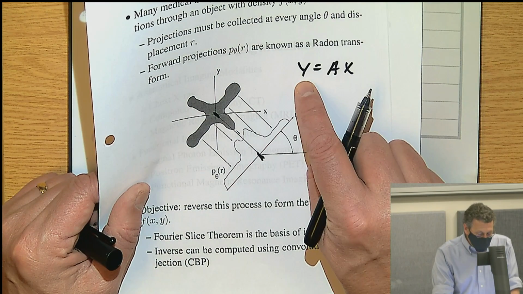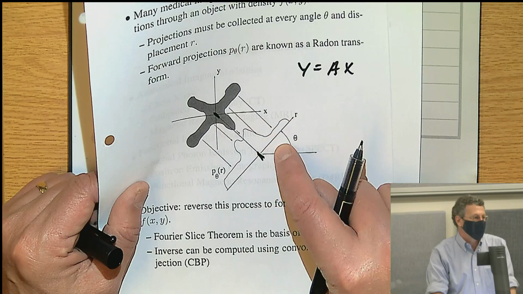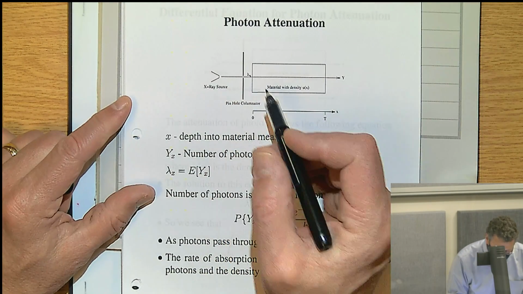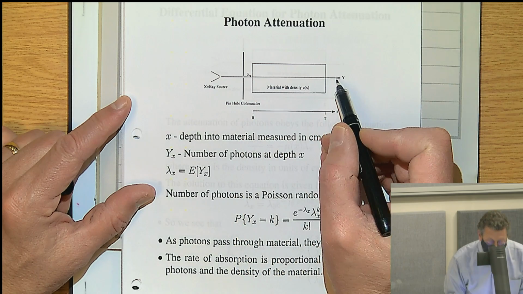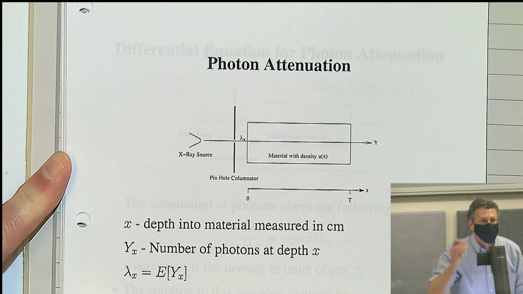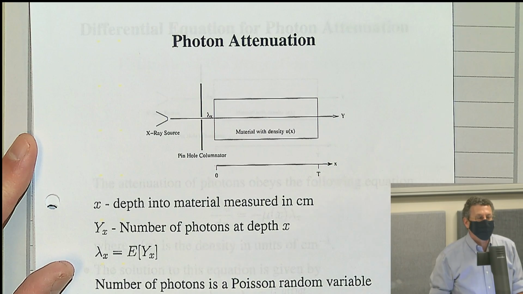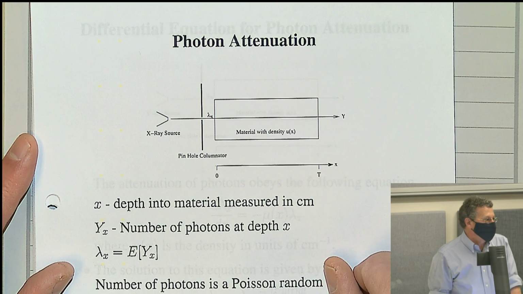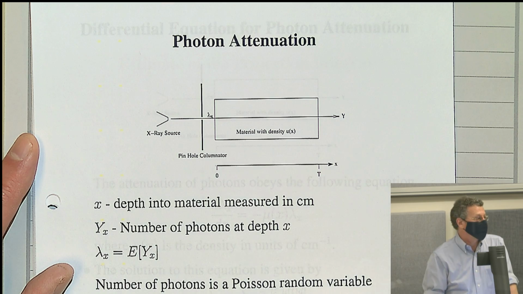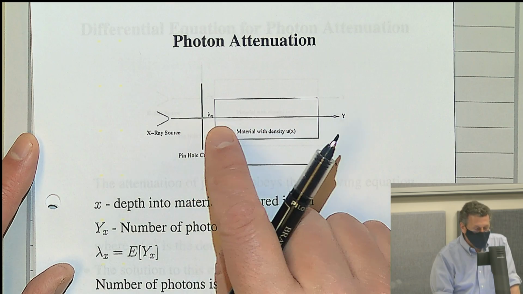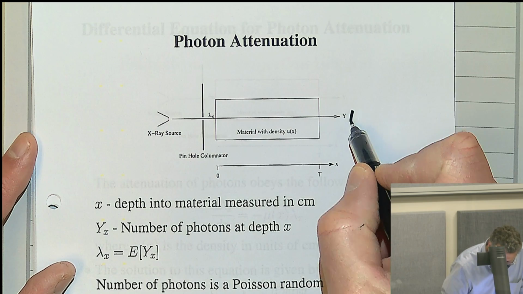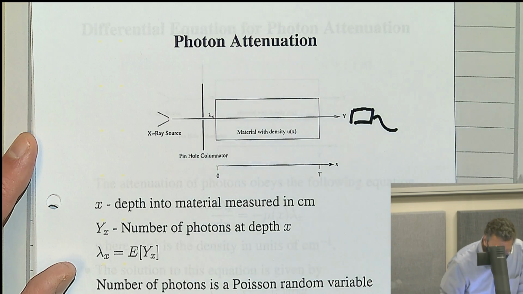But the problem is you don't have these directly. What you have is an X-ray source, and the X-ray source passes through the material. If you make a simplifying assumption that it's like passing through an optical straight line, it really doesn't go through a straight line because there's all kinds of physical effects like diffraction and so forth. But we'll just pretend that it goes through a straight line, okay? Then it comes out at the other end, and you detect it, okay?